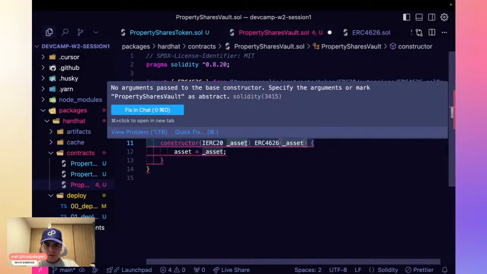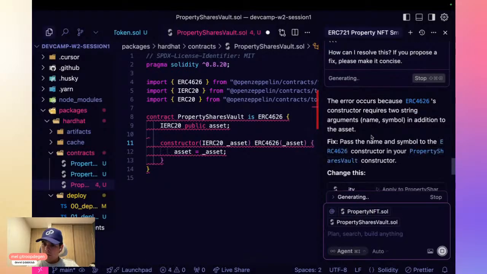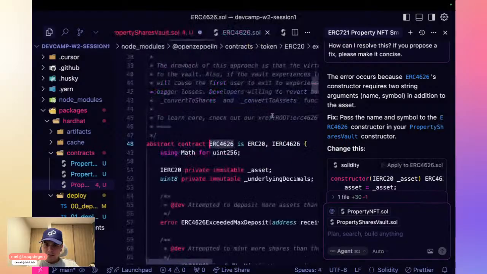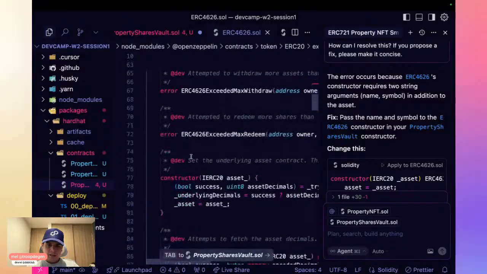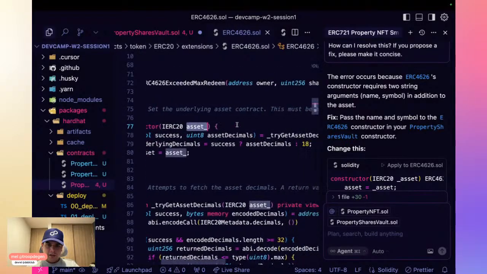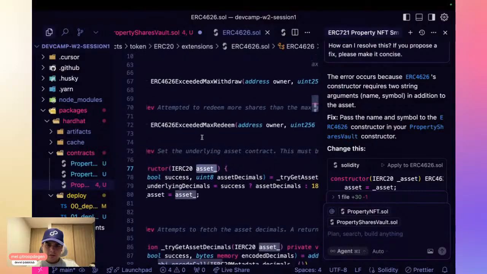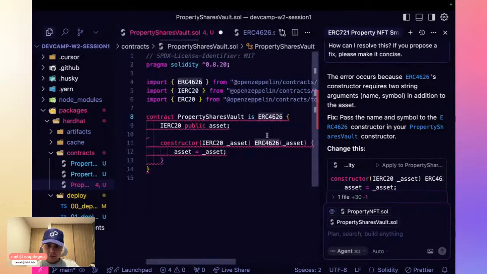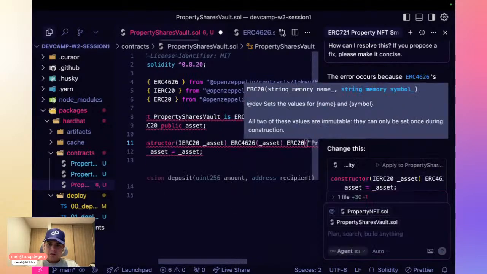No arguments passed to this constructor. What? I didn't see that. I think so. This constructor is only asking us for the asset. But this one's also on ERC20. Could be that. Could be that. ERC20. Yeah.